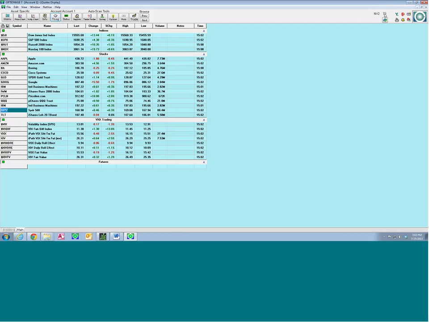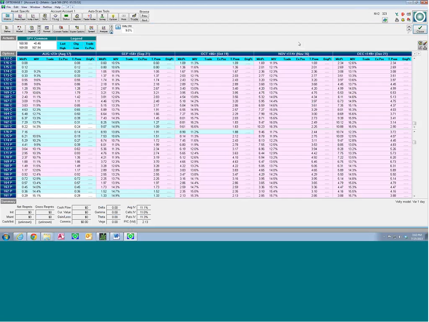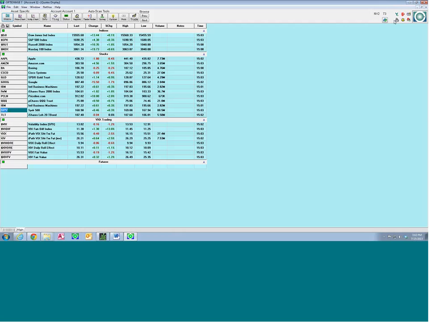So that number, if you kind of keep your eye on that as you open up a matrix. For example, if I open up the SPY matrix here, huge number of options, it's going to jump way up to 323. Close it, and it goes back down to 73. So you kind of have to keep an eye on that. If you open up a matrix or too many matrices, and you're wondering why it's not getting any data,